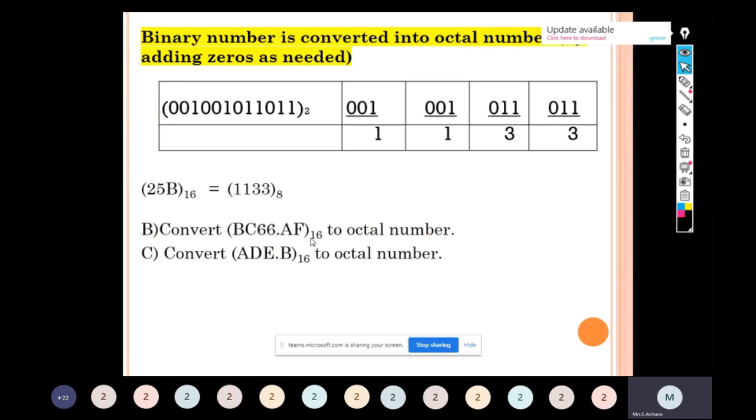Next, hexadecimal to binary. Using the 8421 code, we write the equivalent binary value for the given hexadecimal value. Next one, octal to hexadecimal. The given octal number is converted into a binary number, then the binary number to a hexadecimal number. Last one, hexadecimal to octal. The given hexadecimal number is converted to a binary number, and then the binary number is converted to an octal number. Yes, that's all about the 6 types in our special conversion.